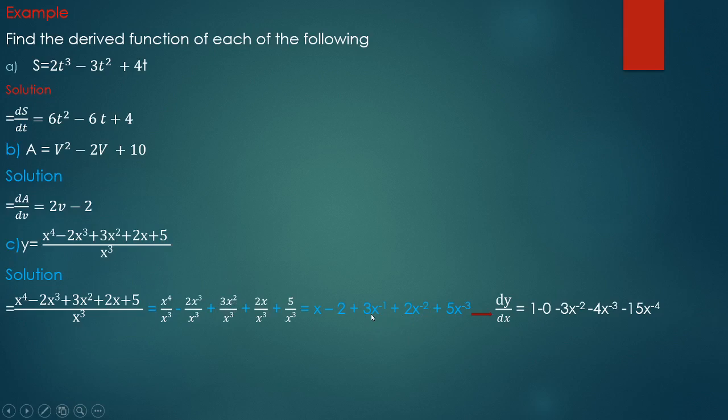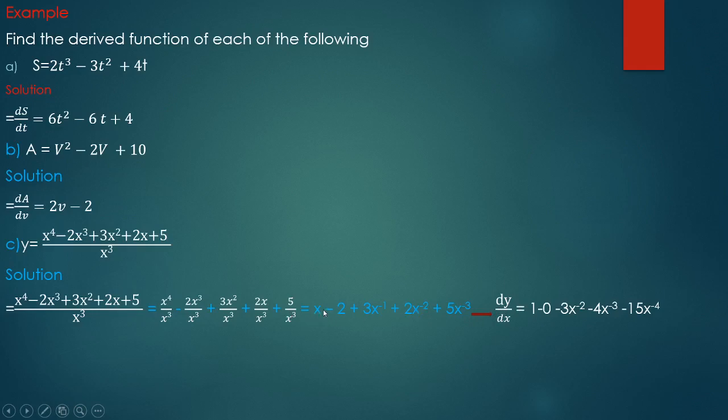That is 3x power negative 1 plus this one, x comes here, x squared can be raised up to be 2x power negative 2, that is plus 2x power negative 2, then plus this one can be raised to be 5x power negative 3, which implies that now if we differentiate using the